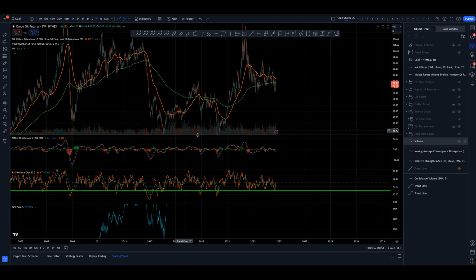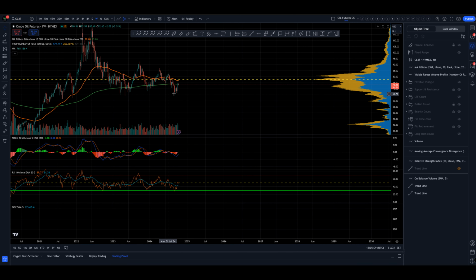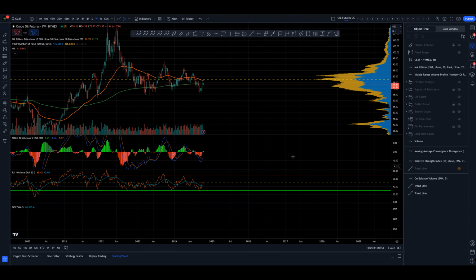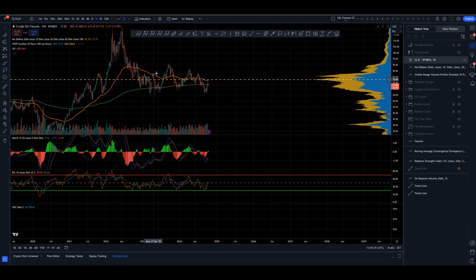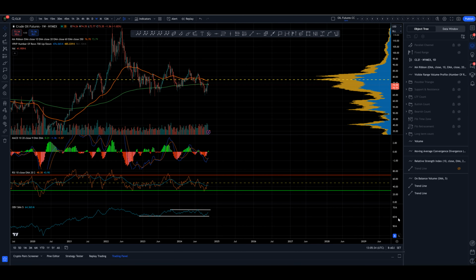On the weekly time frame, we can see that the recent low, although not the lowest low, has created an oversold condition, and the MACD has just crossed over the signal with a green bar on the histogram below the zero bound for the first time since crossing back below it in July. So this looks like it could be a bullish low in place, but it's not a lower low than this low here, and that means we have issues from an Elliott wave point of view. But either way, let's just get the OBV into play as well.